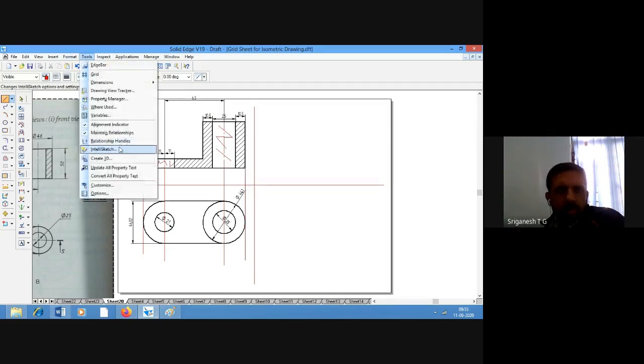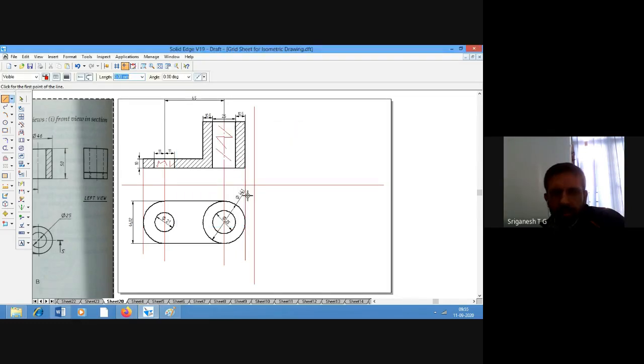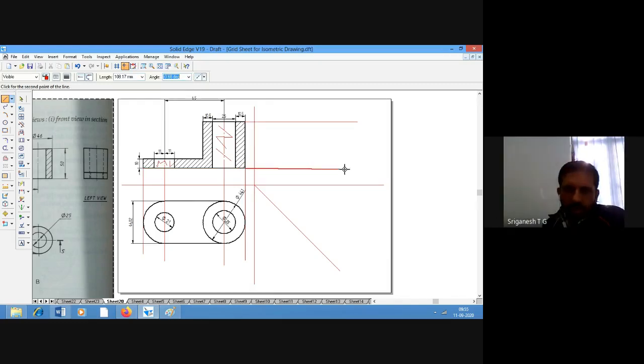Project it and draw the side view. Any doubts with this? No, sir. All right, so start drawing this. In the meantime, I'll also complete the side view and I'll show you.